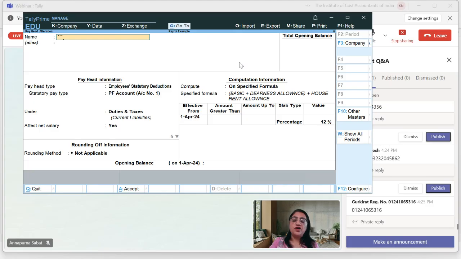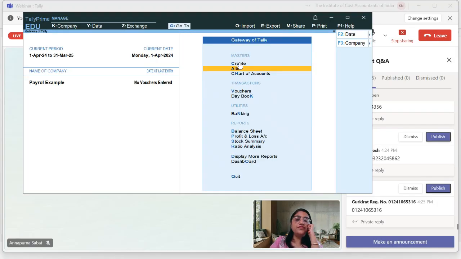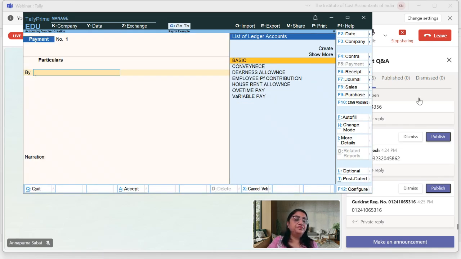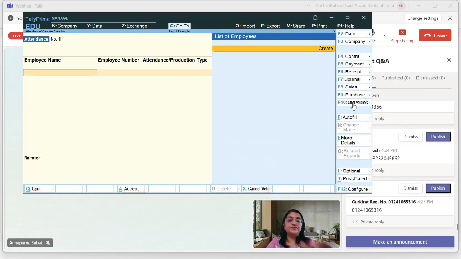Is it clear? Now we are going to learn the vouchers in Tally. See, payroll vouchers are what? Attendance and payroll vouchers. Suppose we enter the attendance vouchers, then here are the other vouchers. In the other vouchers, just go to the attendance. And for Ajay,